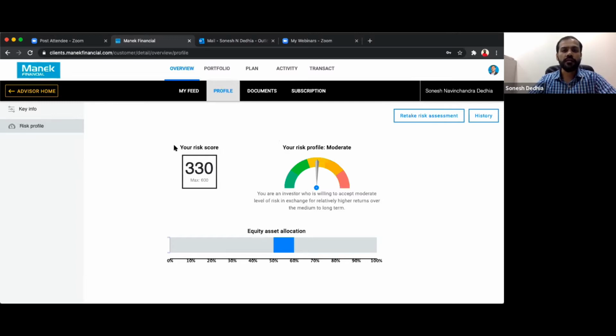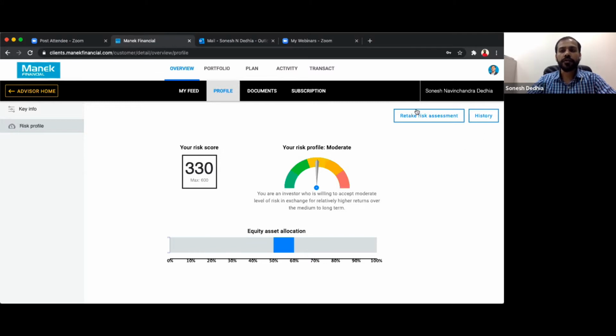The score tells you what his score is out of the maximum, and, according to the riskometer, where his risk profile stands: whether he has a moderate risk-taking appetite, a high risk-taking appetite, or a low risk appetite. We have designed various portfolios. In this case, the risk profile falls in the bandwidth of 50 to 60, which indicates that if the score is moderate, I can allocate around 50 to 60% in equity. Similarly, the riskometer also shows that it's a moderate customer.